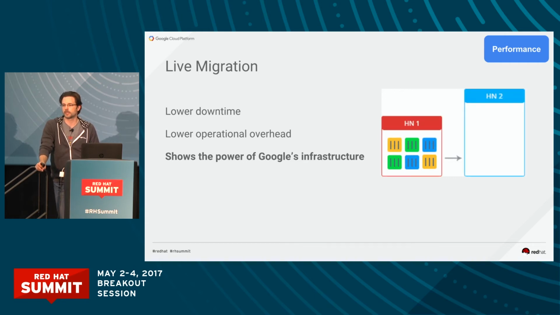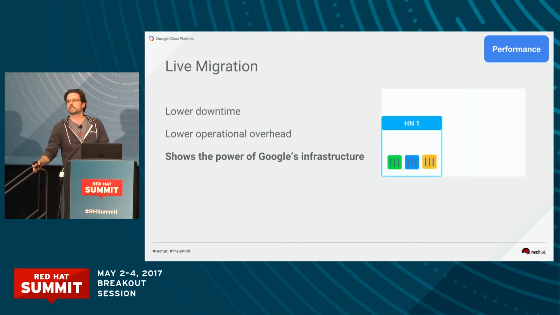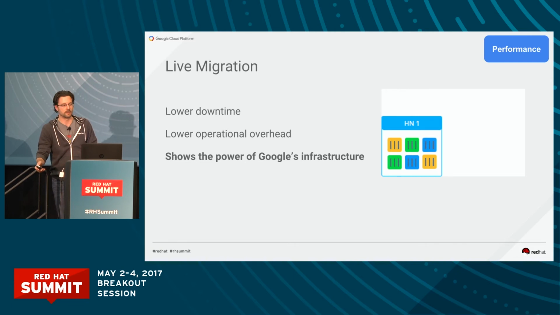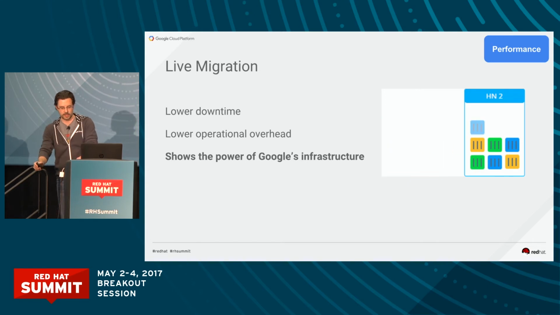Because the performance, and they're eating up the network, I'm able to move you to another host in the same zone, all the above, right? But your performance is significantly better there. So we can do the live migration, no operational overhead, and again, that's why you run them in infrastructure.